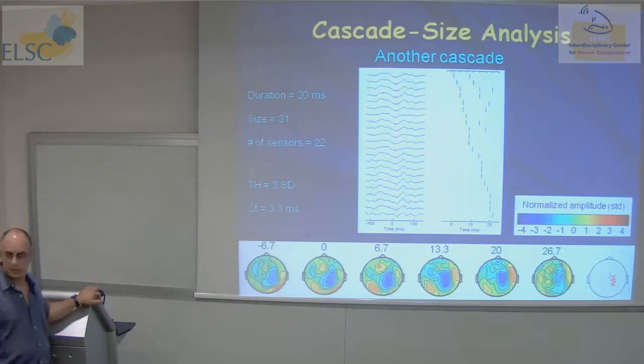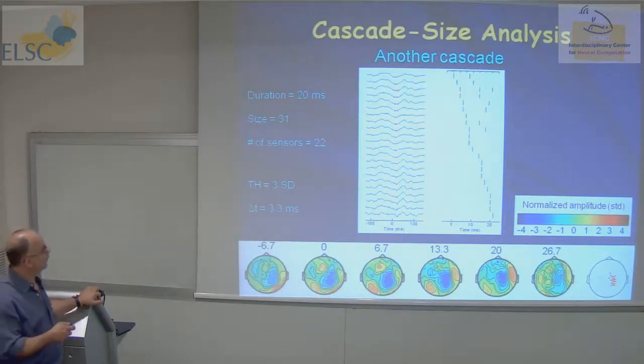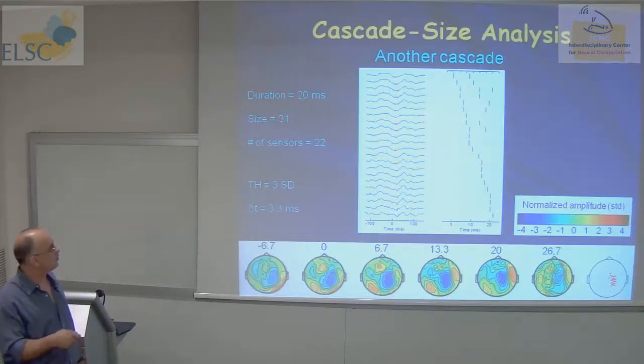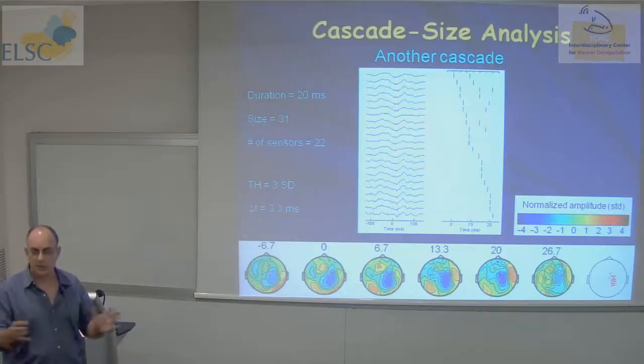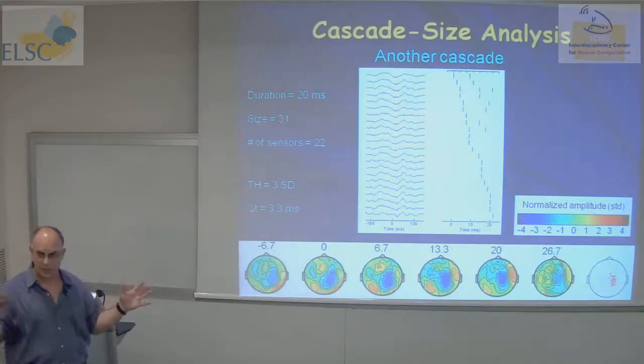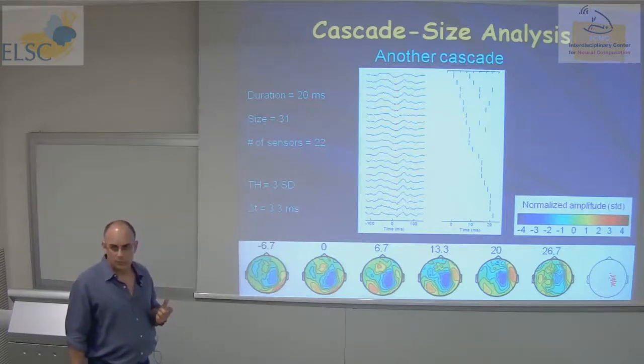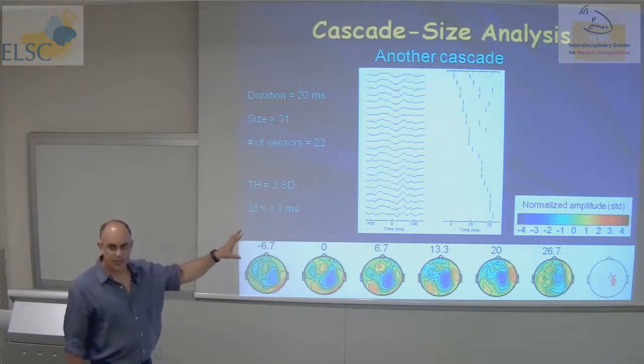Yes? These are the events, yes. So what do you mean by delta T now, or duration? Just the events that you get by threshold. Thanks for the question. These are the events that I get by threshold, but for some reason I call this one cascade, and I isolated this cascade from the rest of the data. Why? What do you mean from the rest? From something prior in time and later in time, or are there events here that you don't show up? So the fact that I'm calling this a cascade depends on these two parameters.